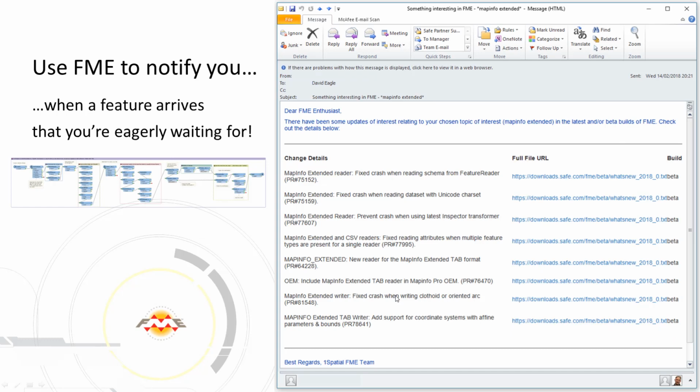The other thing that we do is when we know that there's something we're waiting for that is in development, we actually use FME Server to notify us of changes to particular capabilities. So FME Server is the enterprise version of FME. It allows you to set up scheduled processes in a scheduled dashboard and have them constantly listening and running based on changes in a data environment. In this case,